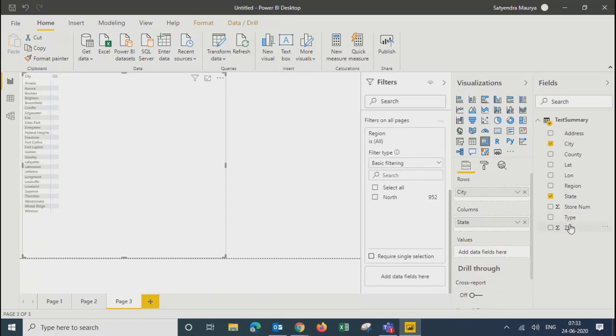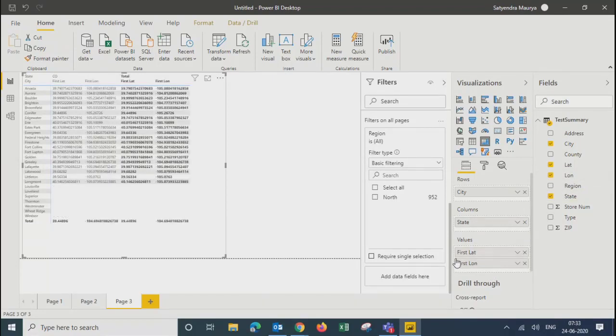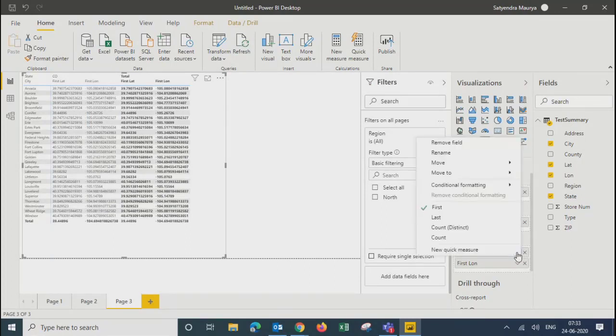And then we'll take some other fields like latitude, longitude on the values. I'm using this dimension as a value over here, so don't worry about that. That's why the aggregation which I'm using is like first, last, or count, whatever you want, you can use that.